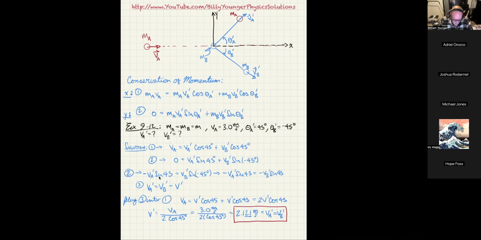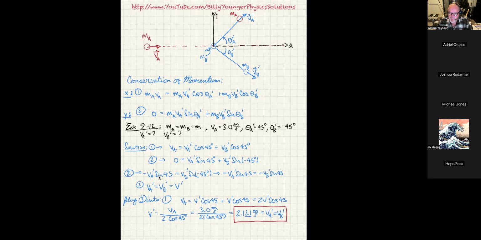So notice how we were able to just use those equations. This is not the technique, by the way, yet that I was telling you is so important, but it is another easy step. In this case, we only had two unknowns, and they gave us a really beautiful thing that the two went off at a 90-degree angle. You can actually see that that's a result consistent with conservation of kinetic energy as well, because if you look at